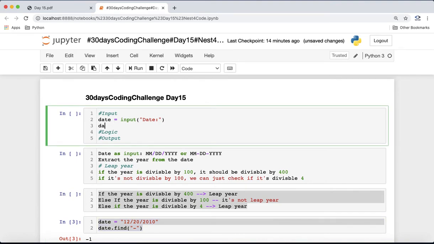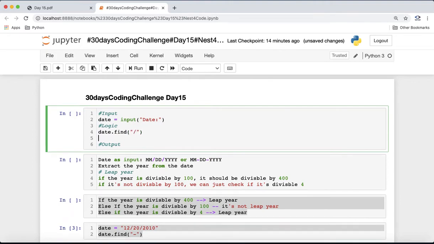So here, let's try to find in the date. We can start with slash and store the result in a variable, index.